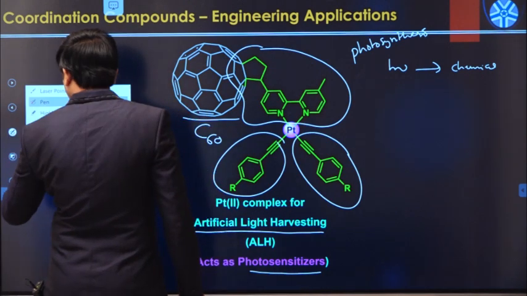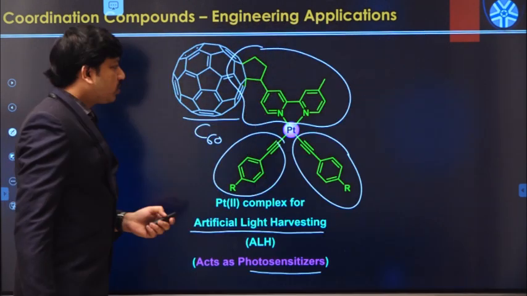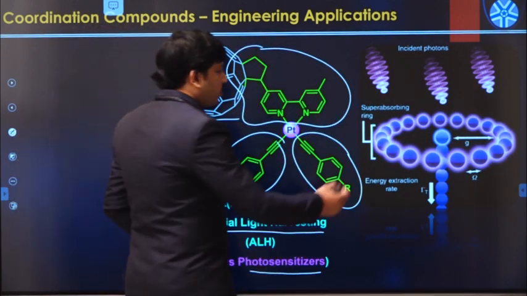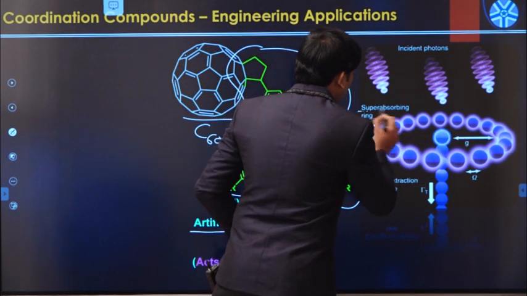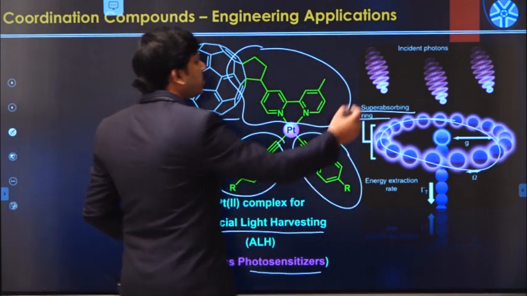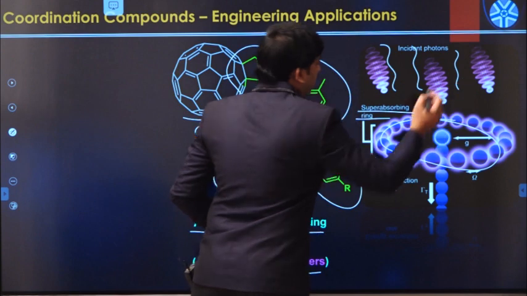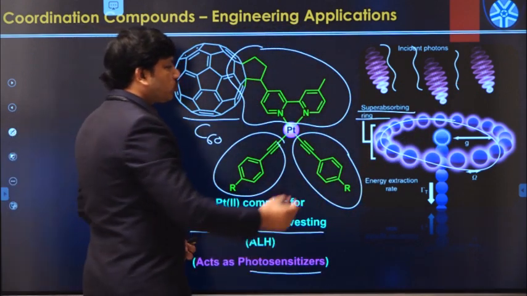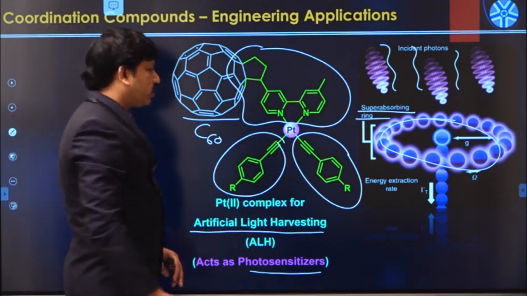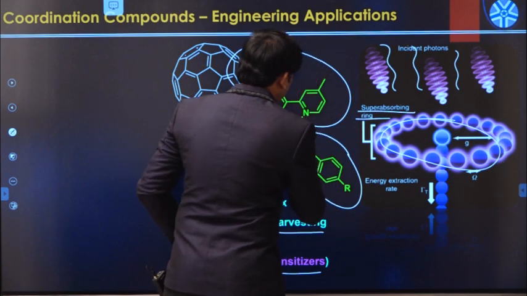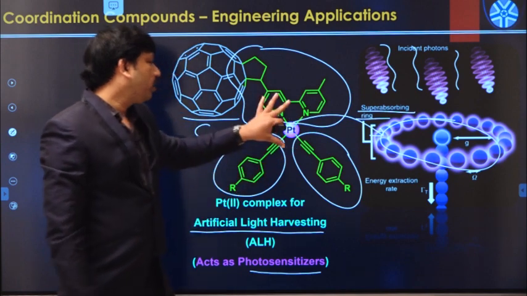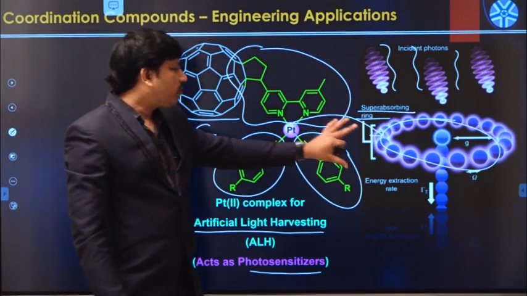So in the case of an artificial light harvesting system, what is the meaning of artificial light harvesting system? It actually has a super absorbing ring in this manner, and this is the incident photon, that means sun radiation falling like this. This super absorbing ring absorbs sun radiation and stores that as another form of energy. This super absorbing ring contains this platinum compound, so it is made up of this platinum ring. So that is one of the important